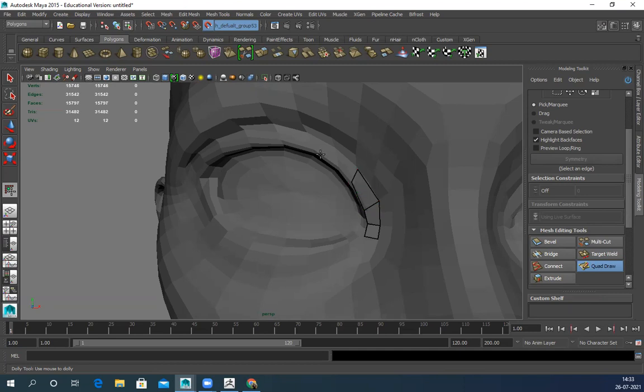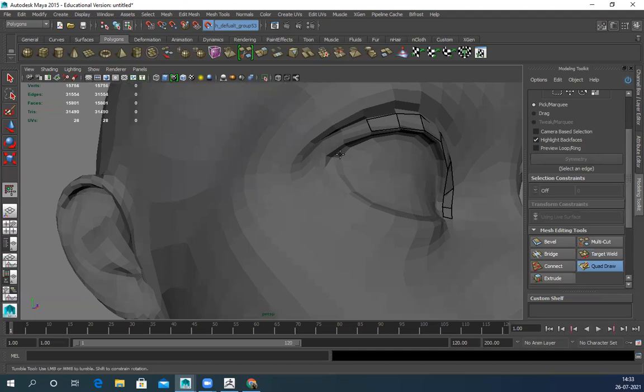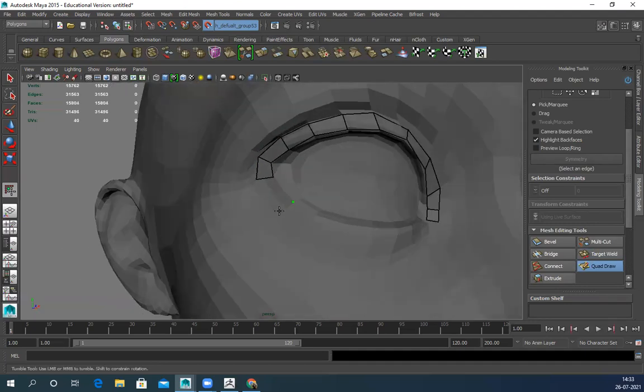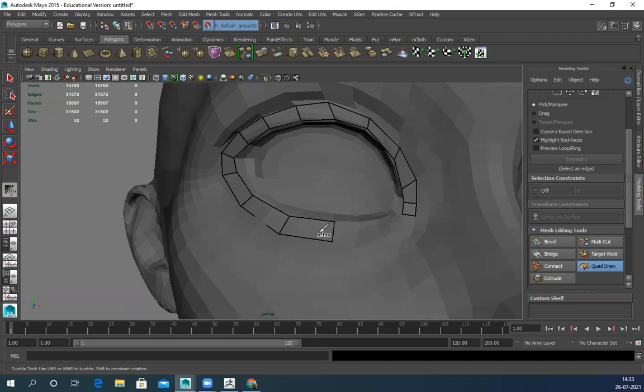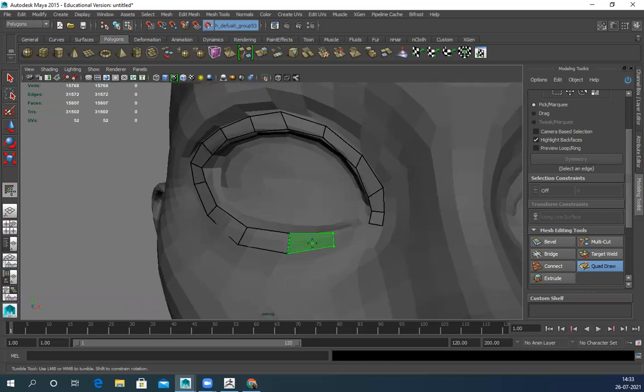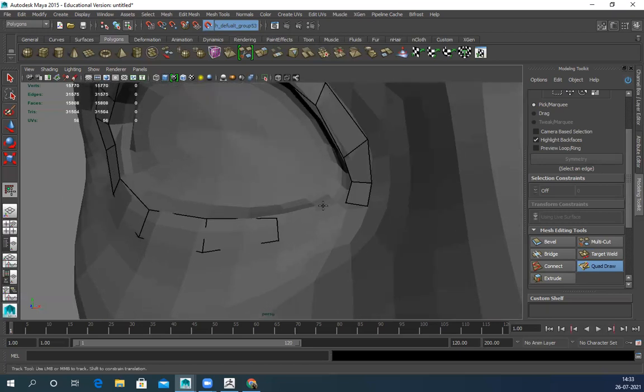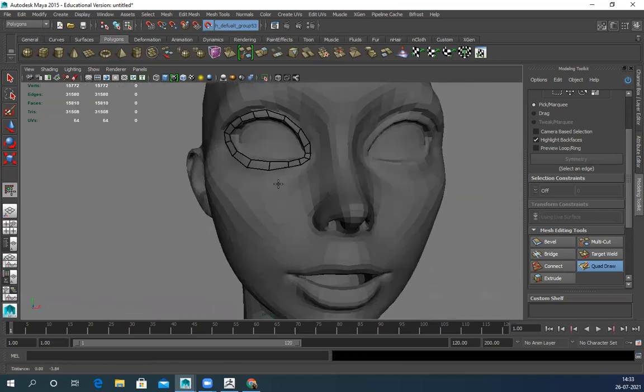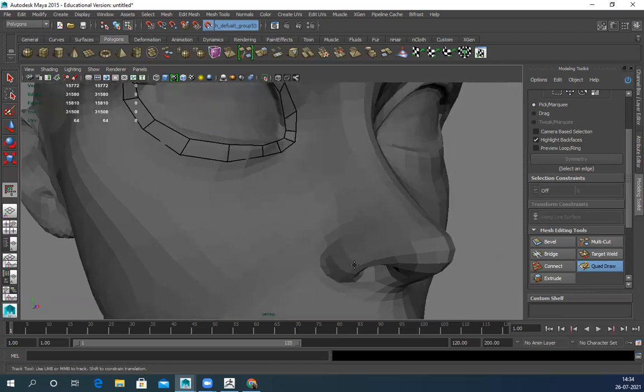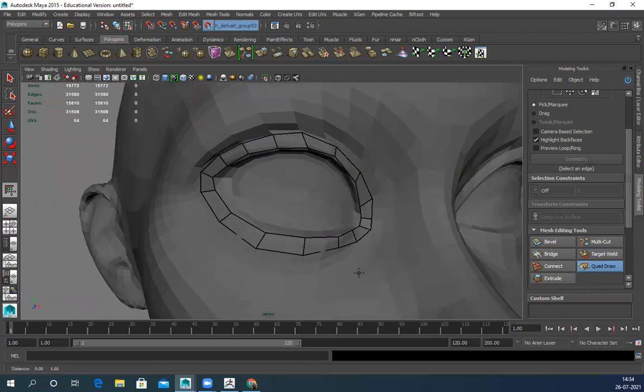Initially keep it really low poly. Nose loops are kind of nice, so nice and clean. There is not such a problem.